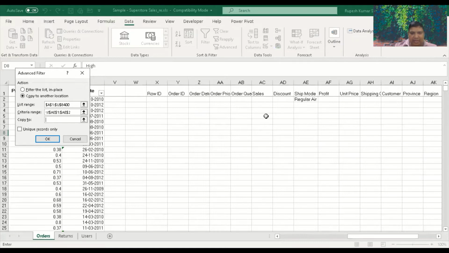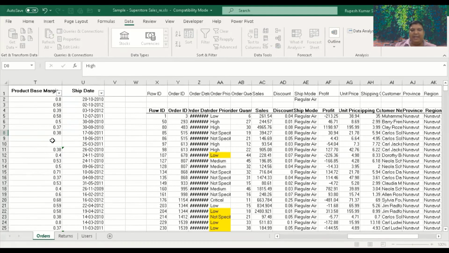So I'm going, second line is regular air now. So I'm going one more line down or two line down, so that there should be gap. And here we will be able to understand by what or on what field the filter has been applied. So don't basically go to another place, better keep it here. And you can go for unique record only if required. So I'm not going right now for that, and click on OK.